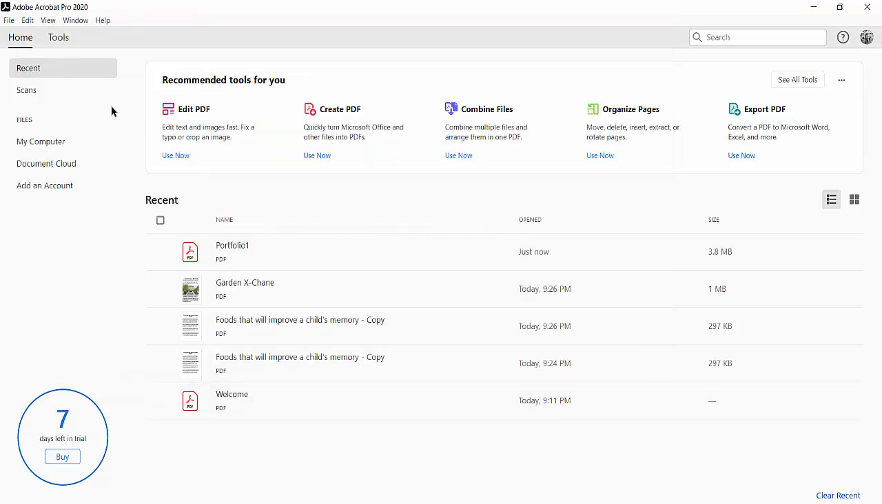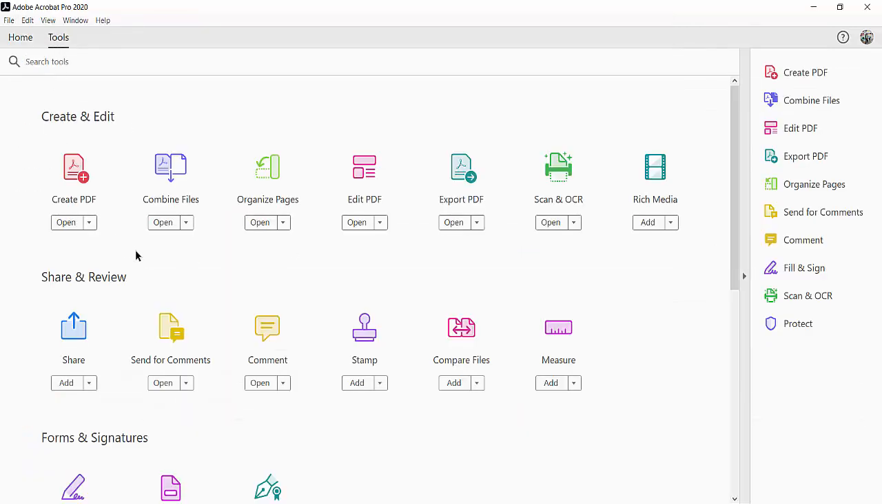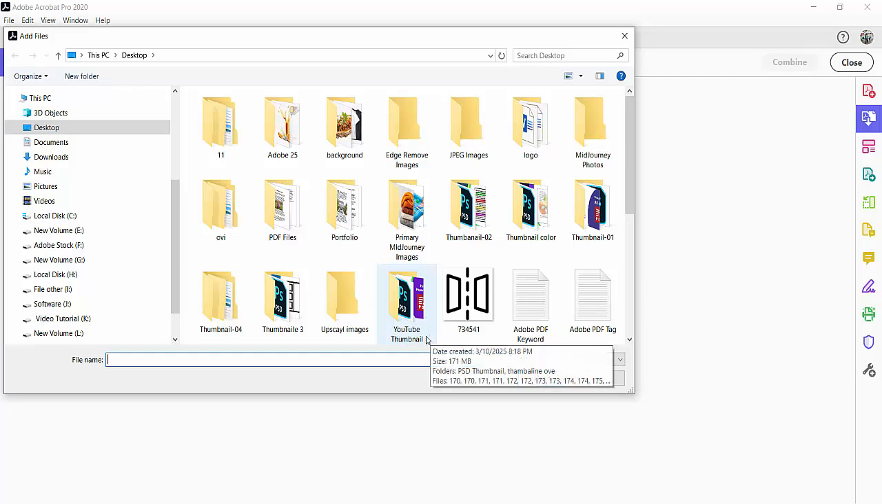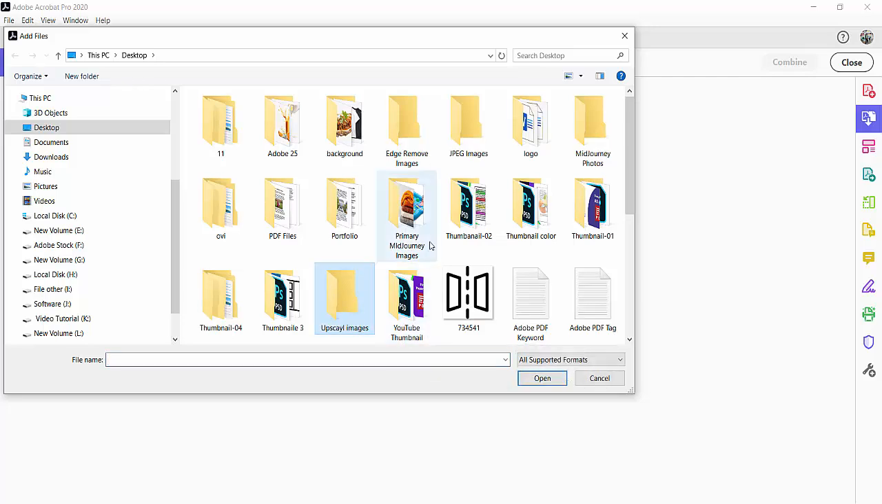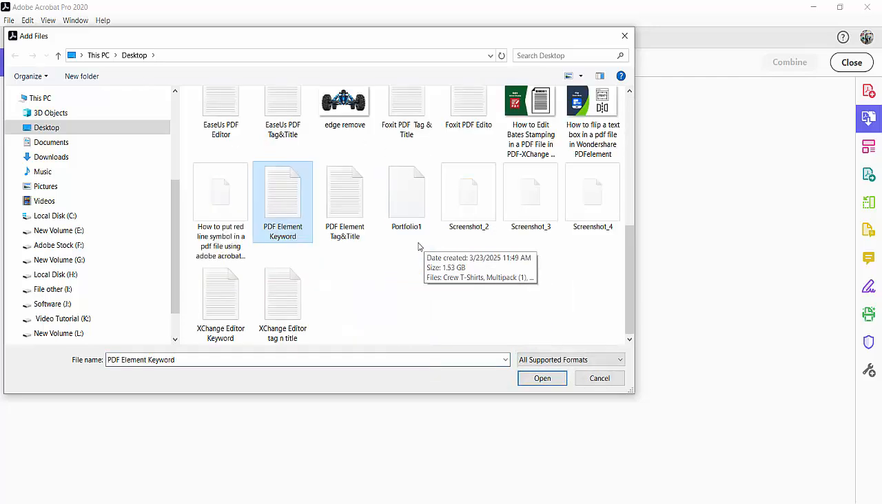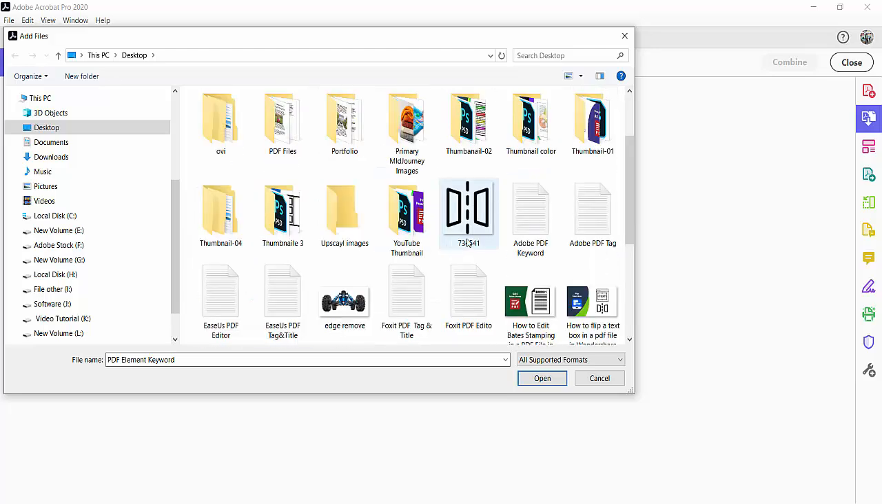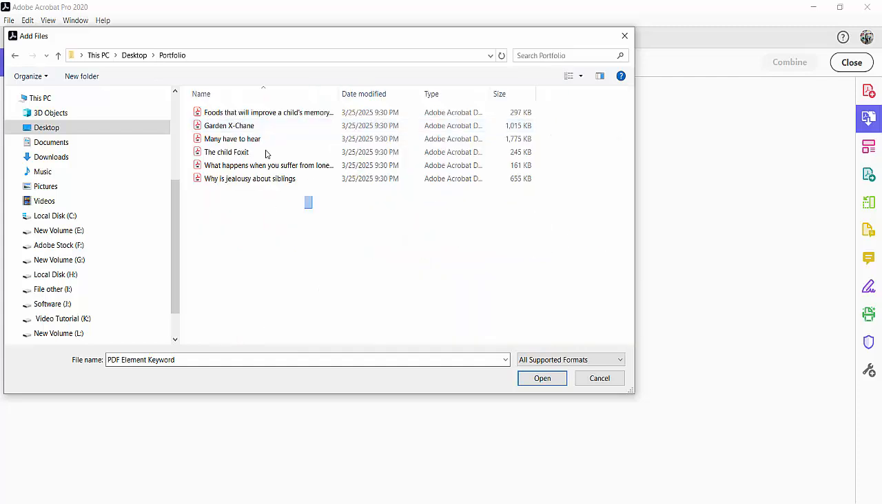Again go to Acrobat Pro and select the Tools option. Now select Combine Files and select Add Files, and go to this portfolio folder, and select all of them. Now select Open